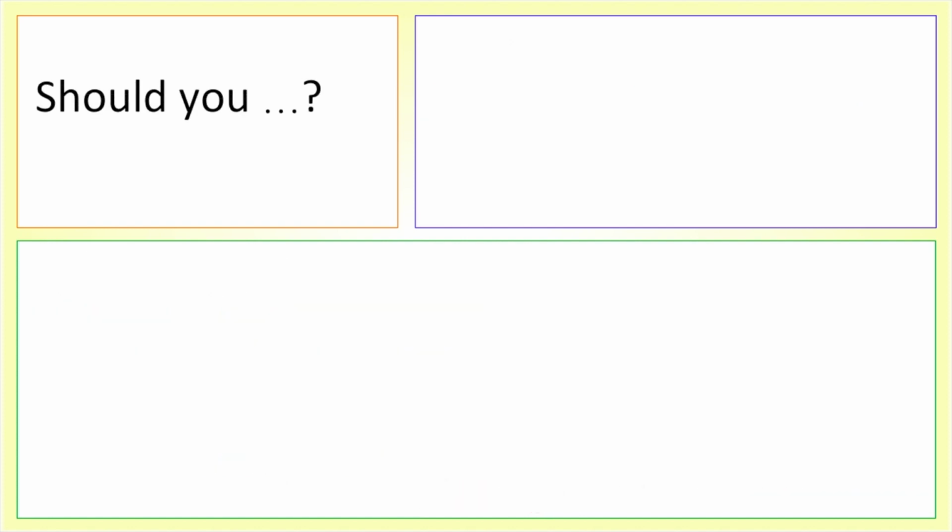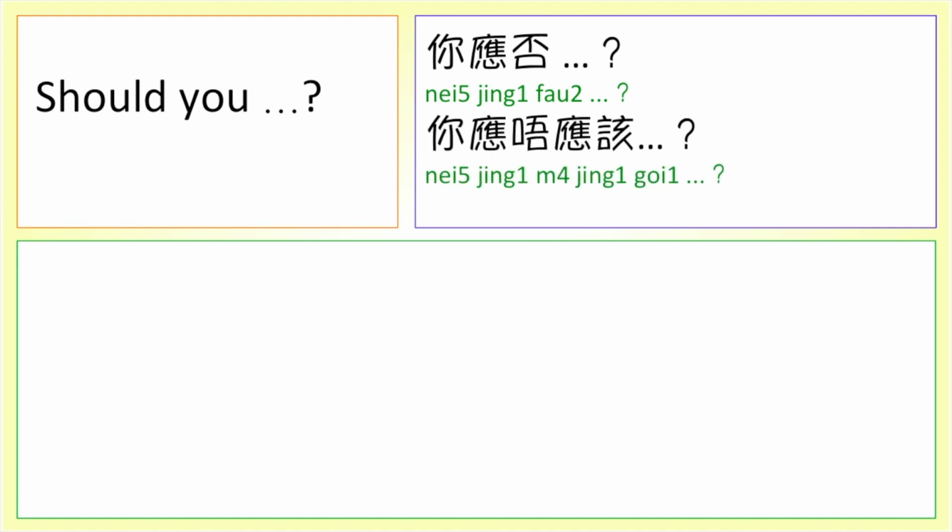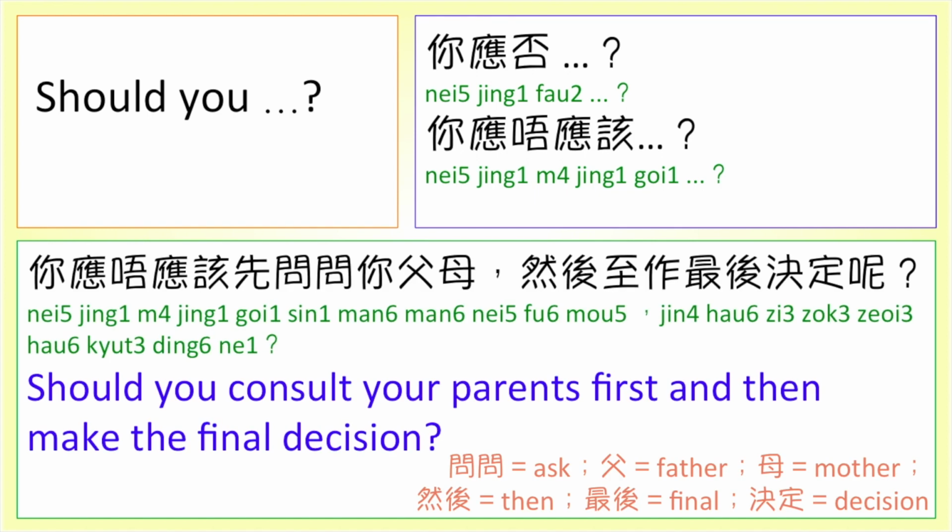Should you? In written Chinese, we say 你應否？ In Cantonese, we say 你應唔應該？ For example, 你應唔應該先問問你父母，然後至作最後決定呢？